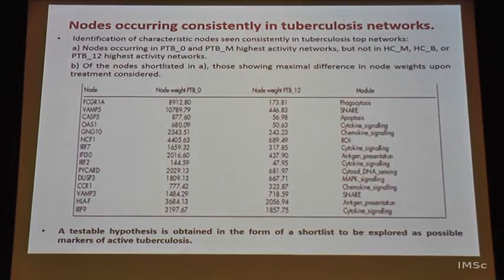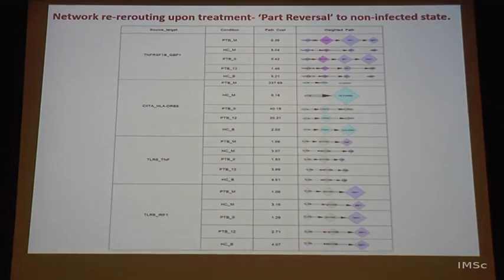So, these are details of what are the nodes. I do not think you will be keen on knowing that, but there are some which are very well known and many new predictions that come out of this kind of a network. And you can trace them over treatment. See, this is a given path. The same path is shown here in healthy.